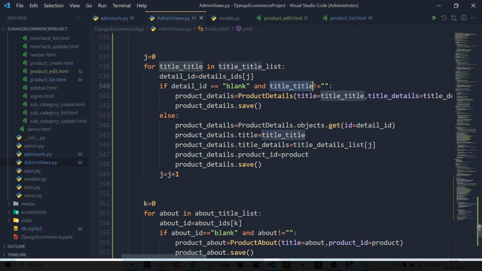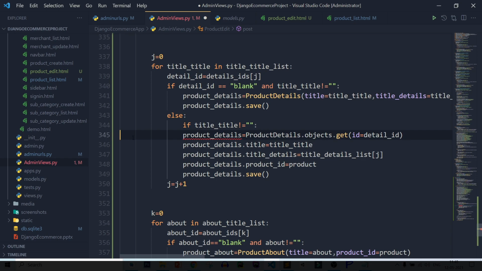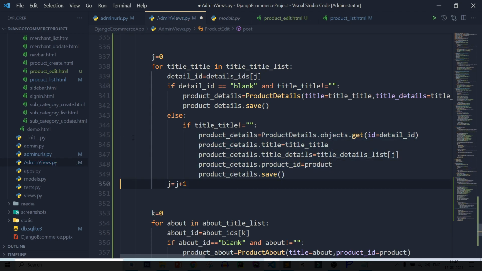Title equal to blank. So here we again need to add a condition. If title not equal to blank, now save this file.